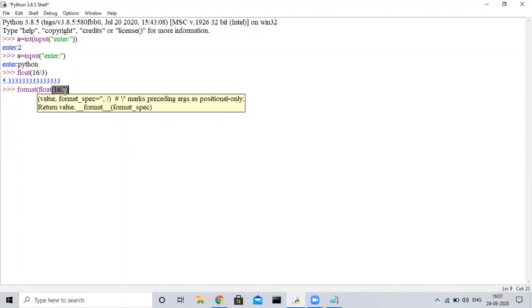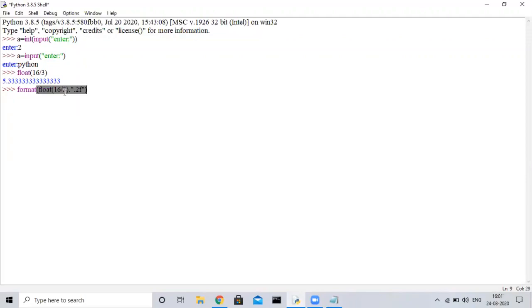Float of 16/3 and we will write like this, .2f. Here .2f means it will print up to 2 decimal points only. So if you have given .3f, it will print up to 3 decimal points. So we can also use this for printing, a is equal to 2 and print of